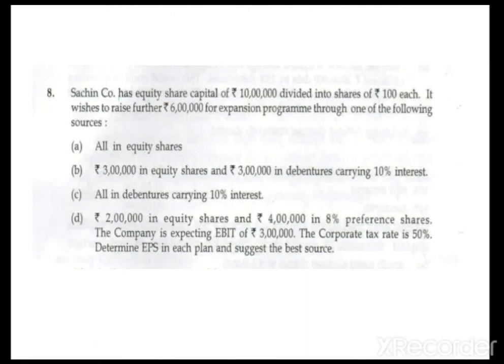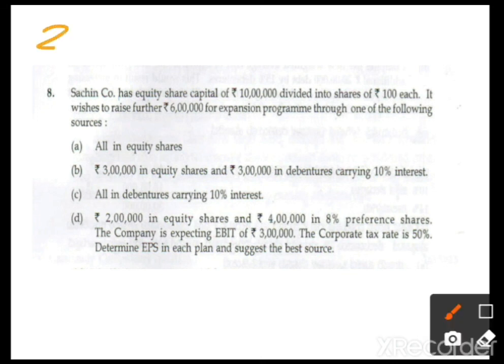Okay, next, this is also homework. You note it down, you have to work this out, because I will not explain anything. You have to read the problem, because it's very easy. This was asked in the 2019 question paper, you have to work it out. Okay, from the next class we are going to discuss the point of indifference problem. Just read the problem, try to understand each plan. Of course, old equity is to be taken. With old equity, if any new equity is available in the concerned plan, you should add it, and that is to be used as the number of equity shares. Thank you. We'll meet in the next class with a new concept.